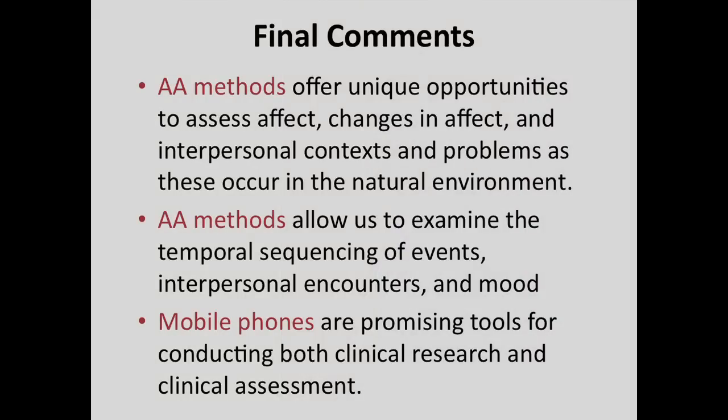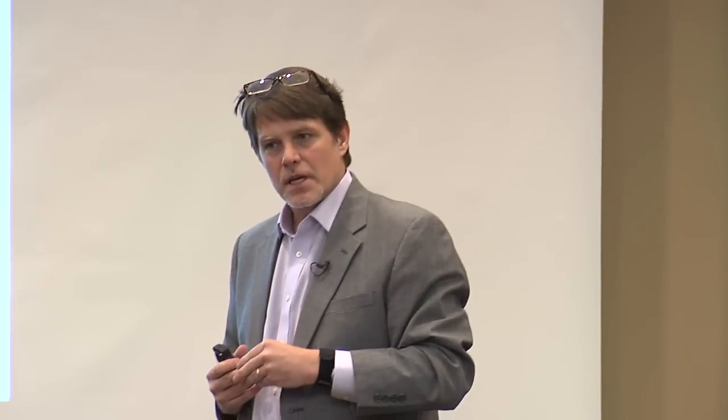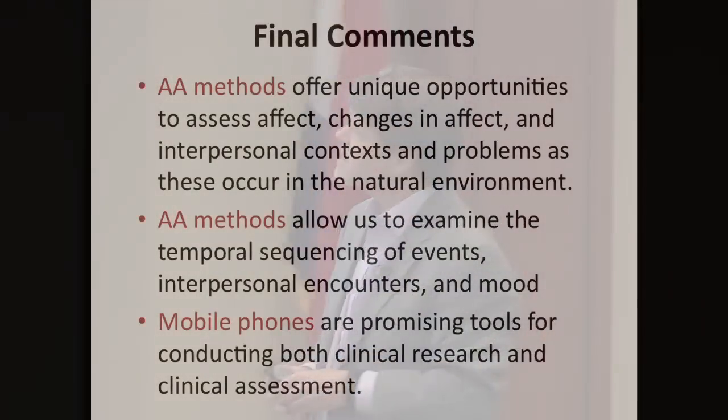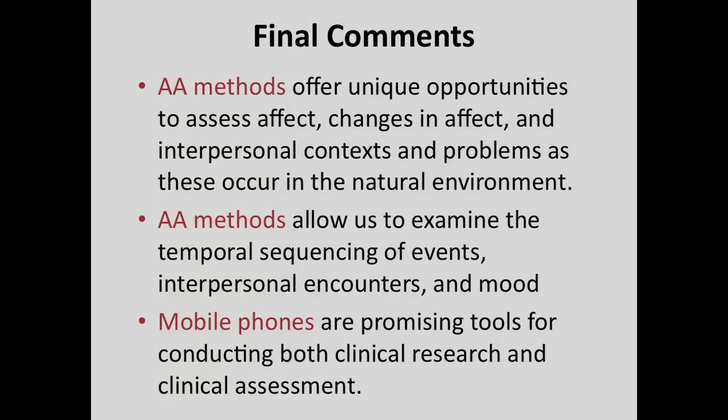So just to summarize here, we did talk about the content. I guess my argument is that whenever you're measuring unstable processes, you need to use appropriate measures. And I would say interpersonal relations with others, affect regulation or dysregulation, that would also be a potentially unstable process. And I think these kinds of methods have a lot to offer because, again, we have repeated measurements over time, so we can track changes.